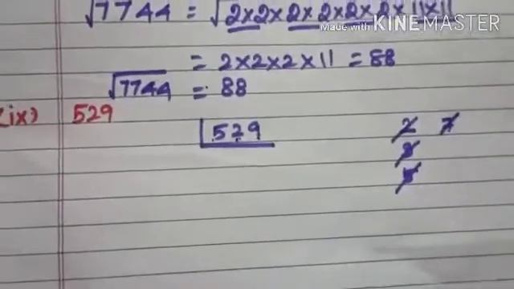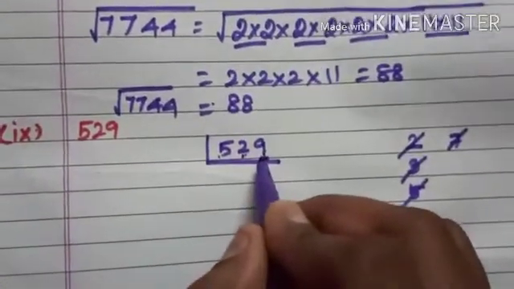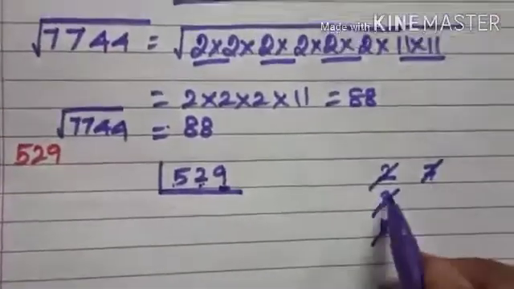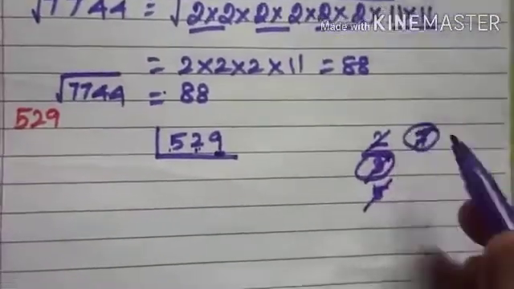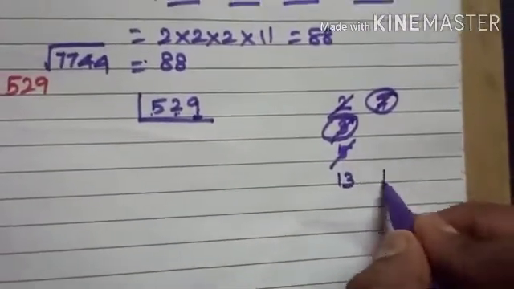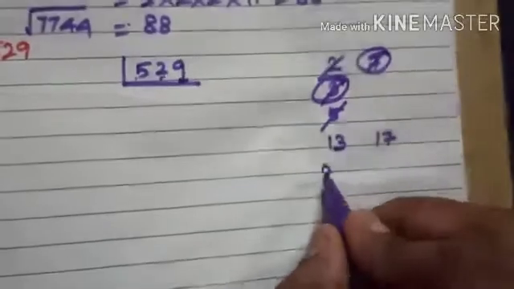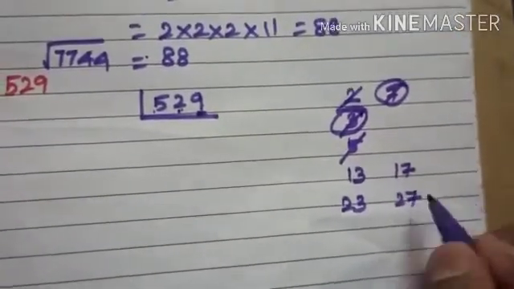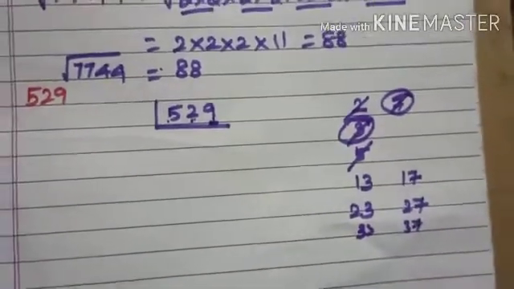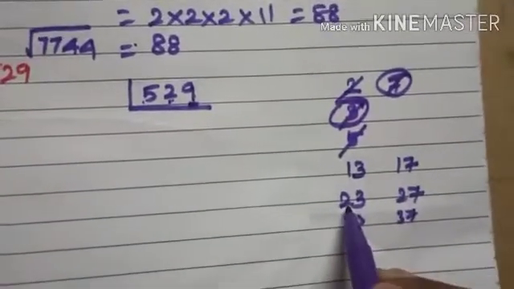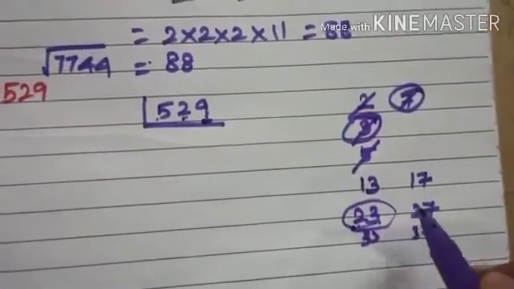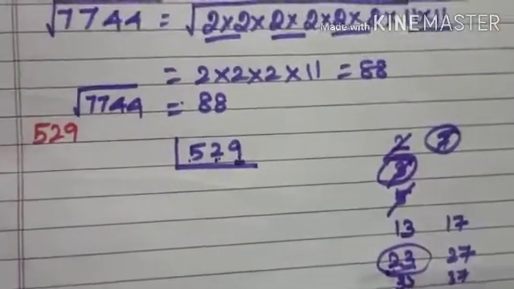So why do you make this confusion? A number ending with 9 can be a multiple of numbers whose unit digit is 3 and 7. So it may be 13 or 17, 23 or 27, 33 or 37. So now you can see if we take 23, then 2 2s are 4, so it becomes 400 something. So now we go with 23.